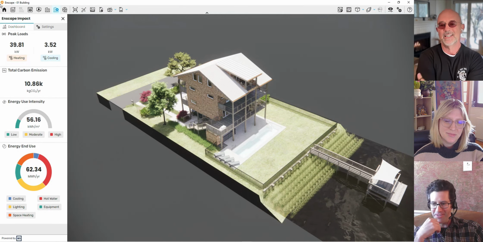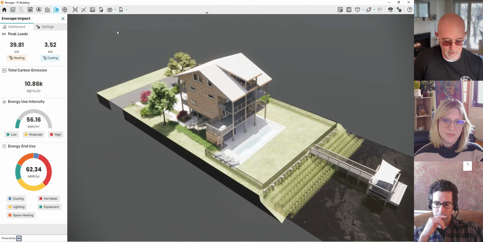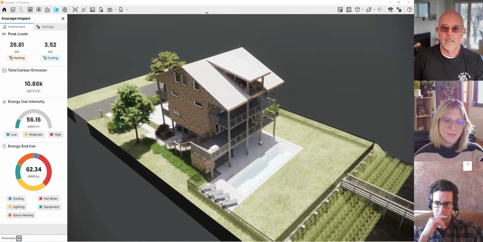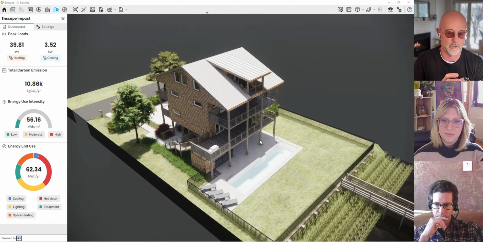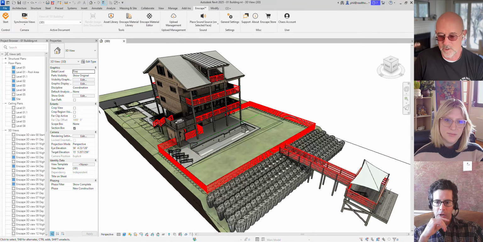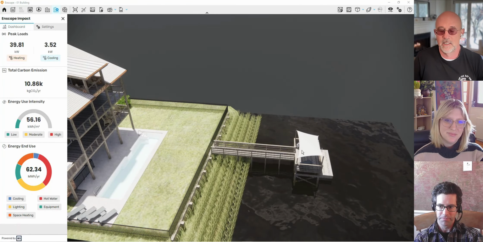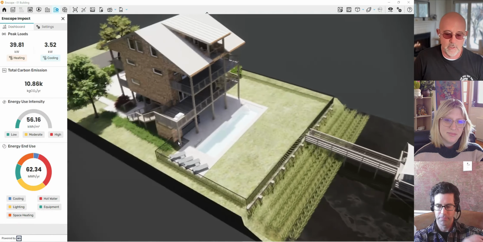So that was a little bit of the challenge. So what's going on? Well, part of it is I've got everything shown. I've got a lot of stuff that's not necessary for energy analysis: furniture, equipment, stuff inside the building. In an early iteration, I had doors open that were spilling into spaces. And as you say, there are these voxels being simulated inside of what the software believes are spaces, but railings in effect can create spaces, particularly when you have a space that's under a roof. This shading device is a roof over a roof, outside. So that's throwing stuff off.